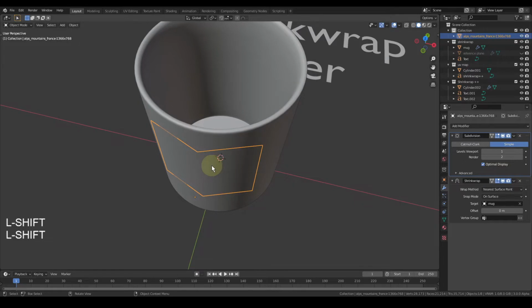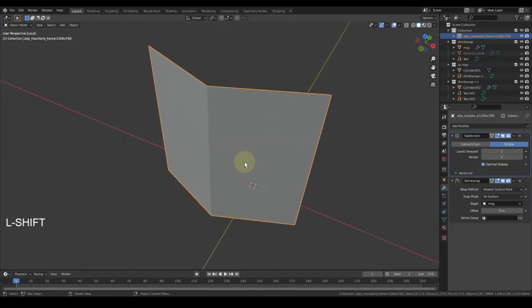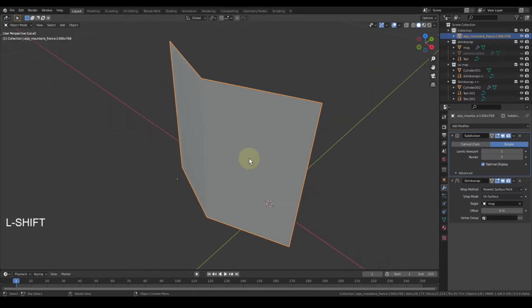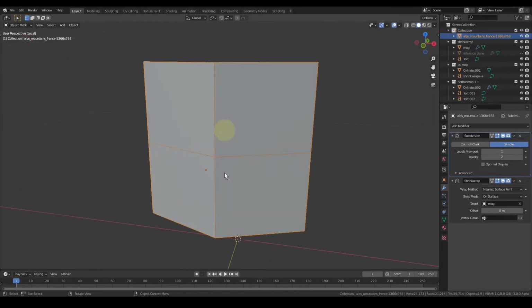Currently if I go into the local view mode by pressing slash, and if I remove the optimal display and enable wireframe mode, you can see using the subdivision surface, there are four faces created from one single face.